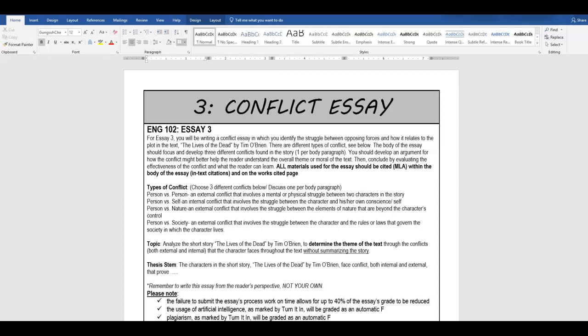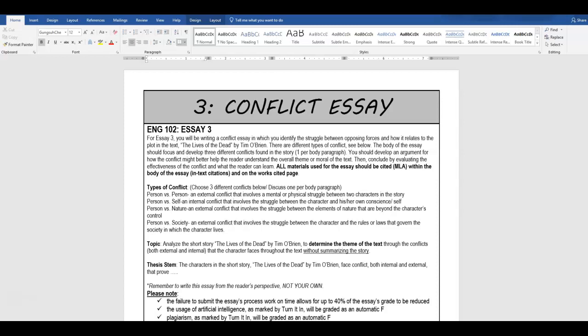paragraph. Now, for essay 2, you were allowed to pick whichever type of irony you wanted to do. In this essay, you will have to choose 3 different conflicts to highlight. So you cannot choose 2 person versus person examples, so on and so forth. You must pick different types of conflict for each of the body paragraphs. So 3 different examples. You should develop an argument for how the conflict might better help the reader understand the